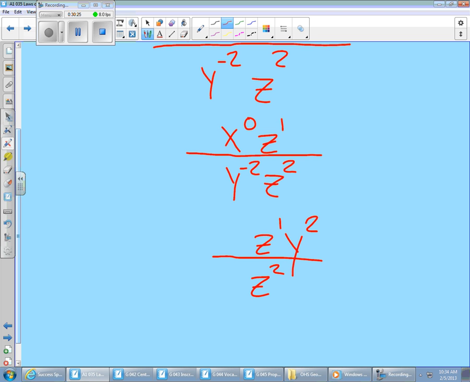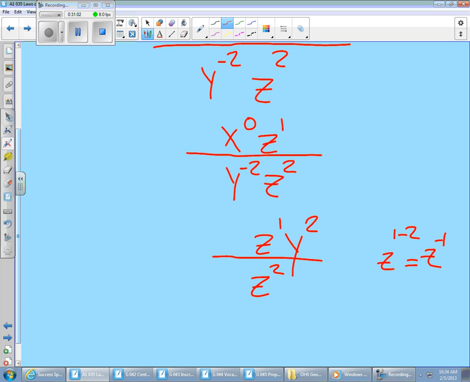One more thing that I see, we still have z's in the numerator, z's in the denominator. We're supposed to get all our variables in one spot. We got z's in two spots. So how does that work when you have z's in the numerator and z's in the denominator? What kind of math goes on with their exponents? Law 2, subtraction. Okay, the numerator, come over here, I'm going to put z, the numerator's power, which is 1, we're going to subtract from it the denominator's power, which is negative 2. That's going to equal what? Z to the